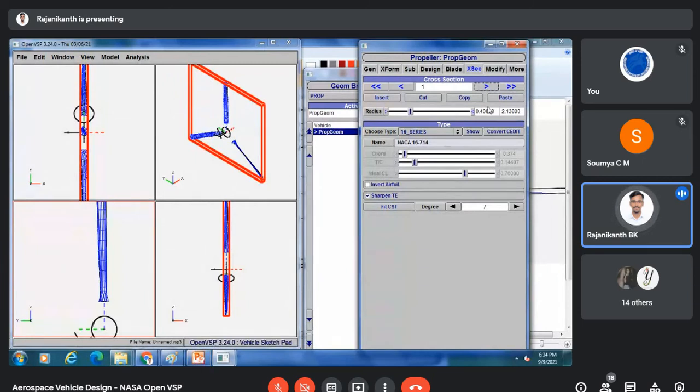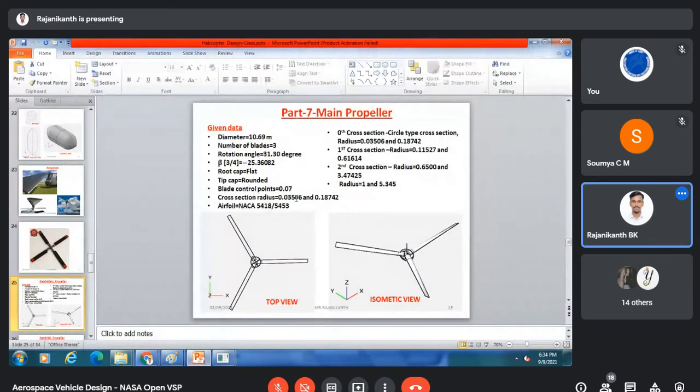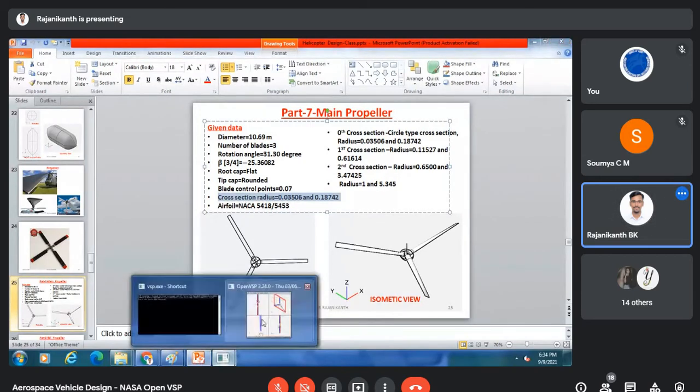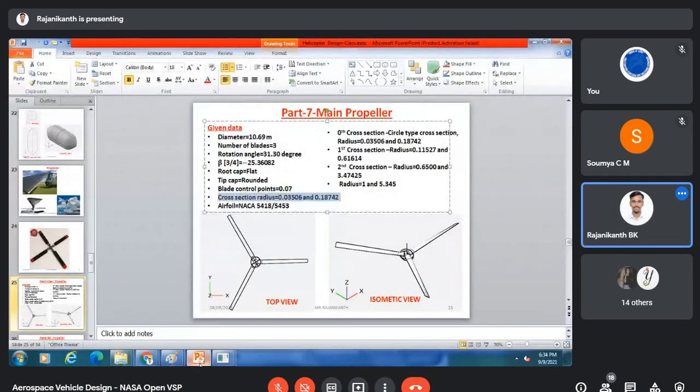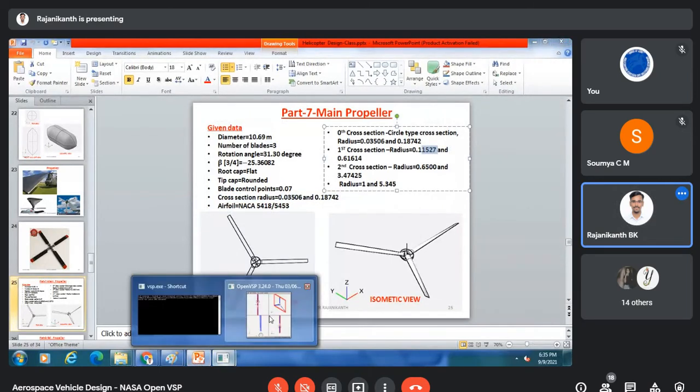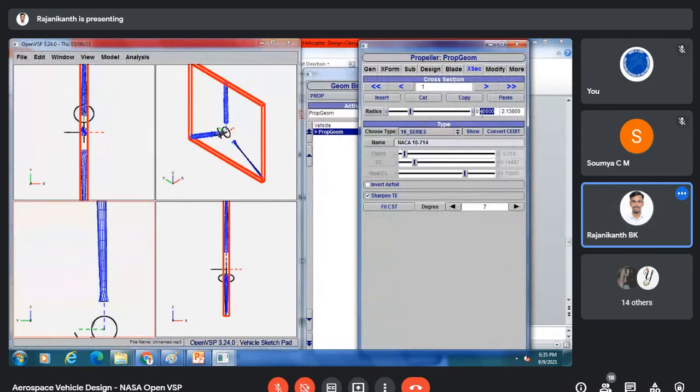We'll go with the parameters we have here. So instead of the aerofoil, we'll just use this parameter. First cross section 0.11527, enter,